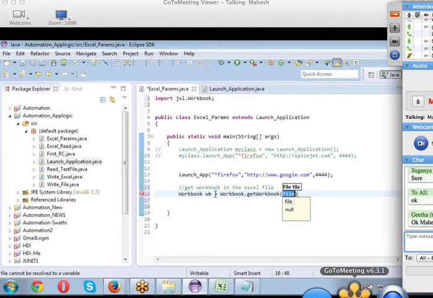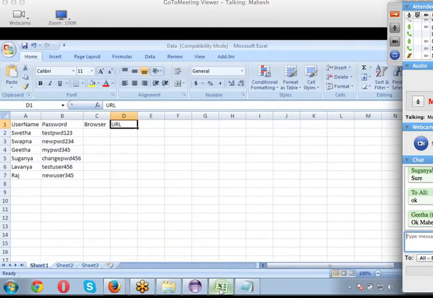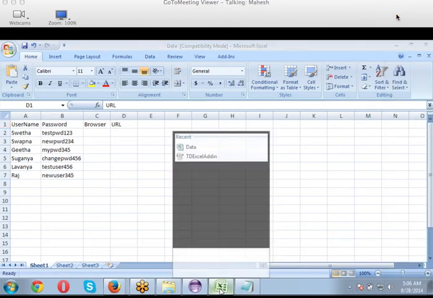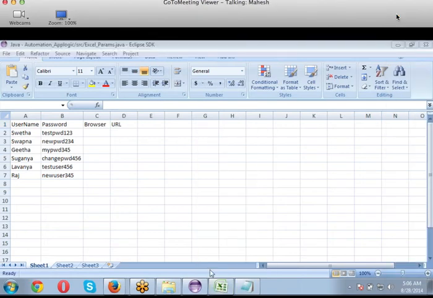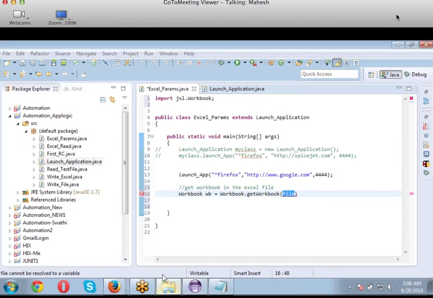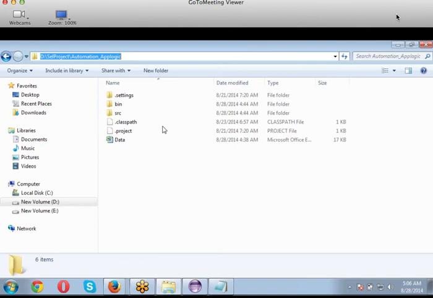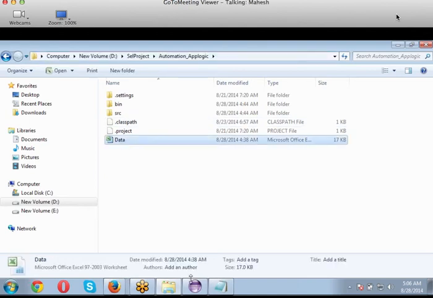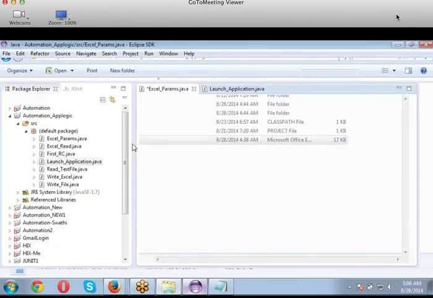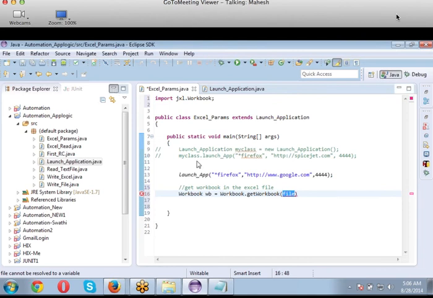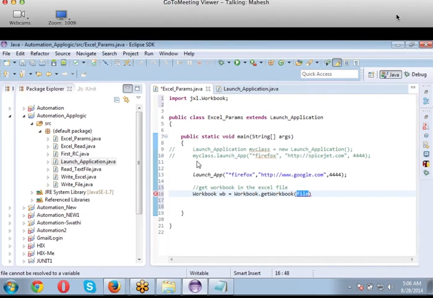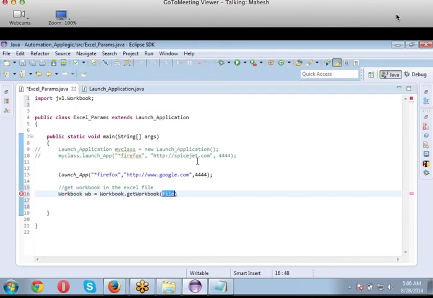Now, if I want to get a workbook, I need to give a specific URL and a location here. Let's close this workbook which is open for us. The object which I want to access should not be open, so I'm closing it. I'll go back to my folder and take the location. It's data.xls. Tell me what I have to do. I have to access a file. Now, should I give the path name here directly?